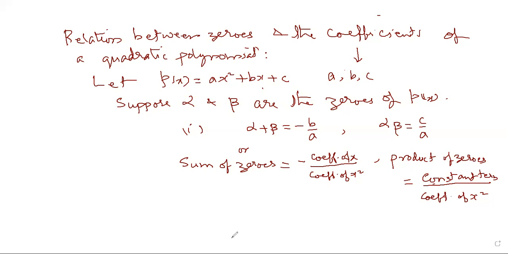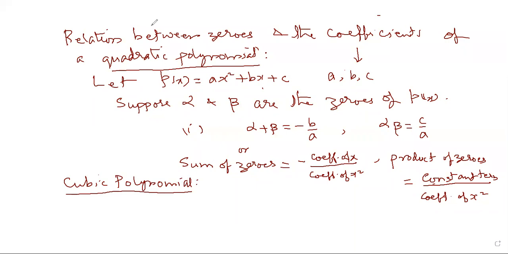Sir, we are about to complete the theory part. This is for a quadratic polynomial. Similarly, we have it for a cubic polynomial also, so I will write here for the cubic polynomial. If we have a cubic polynomial, what are the relations between its coefficients and zeros? This was deleted last year. This year you'll see, but you should study it. Now same thing, we are going to find the relation, but the quadratic is the main one. You will find most of the questions on it in your textbook, and a few questions are on cubic also.